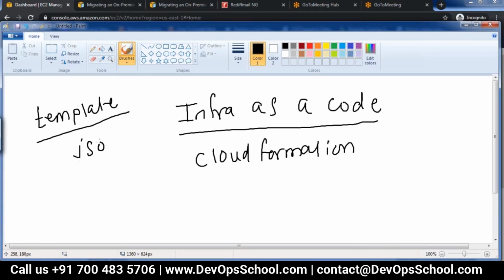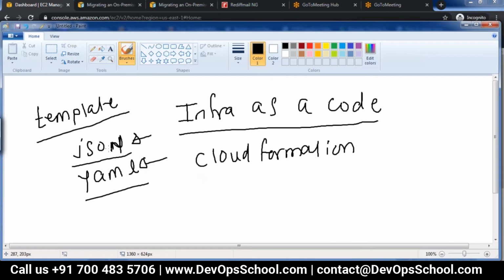One is JSON format, and the other is YAML format. There are certain predefined keywords available in the CloudFormation template development guide.